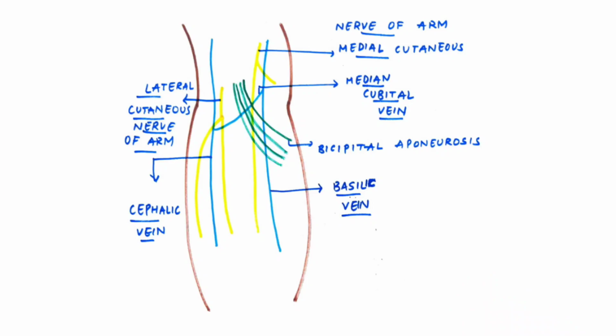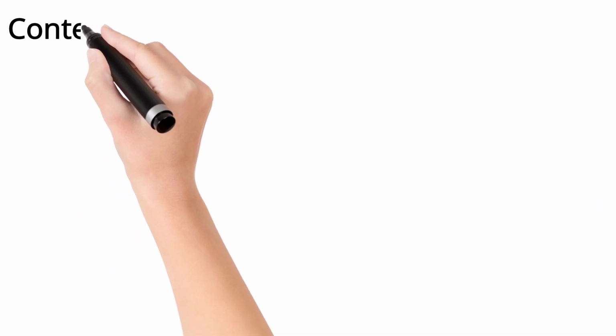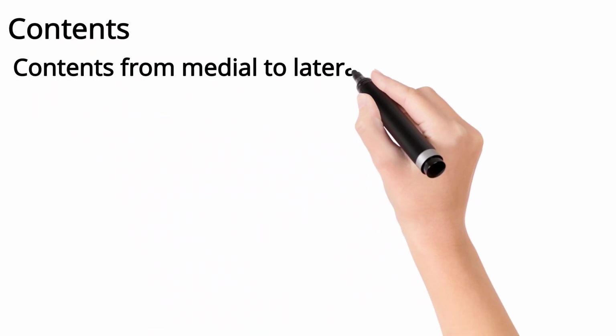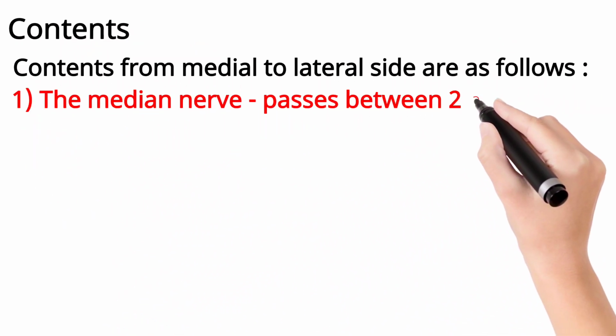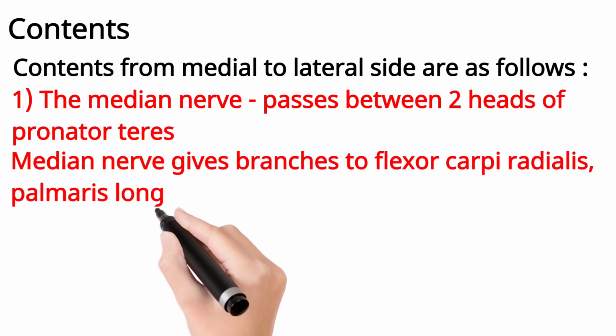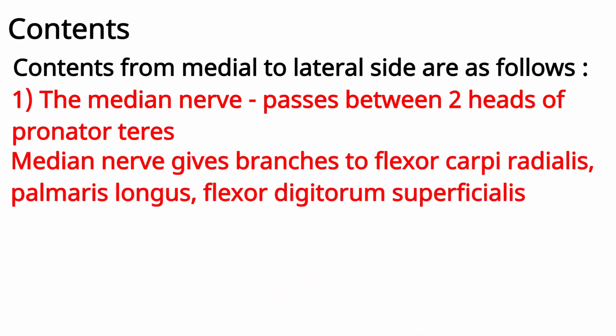This vein which is present laterally is known as cephalic vein. It is accompanied by a nerve known as lateral cutaneous nerve of arm. These two veins, basilic vein and the cephalic vein, are joined by a horizontal vein which is present exactly in the cubital fossa. This vein is known as median cubital vein. Okay, so these are the three veins and the two nerves which are present in the superficial fascia of the